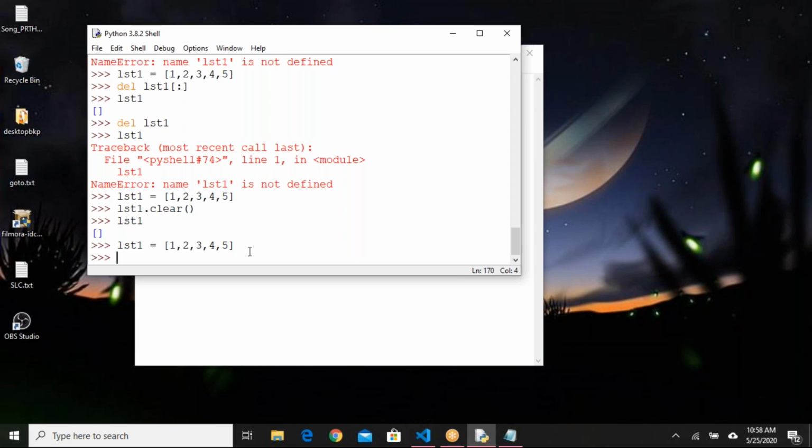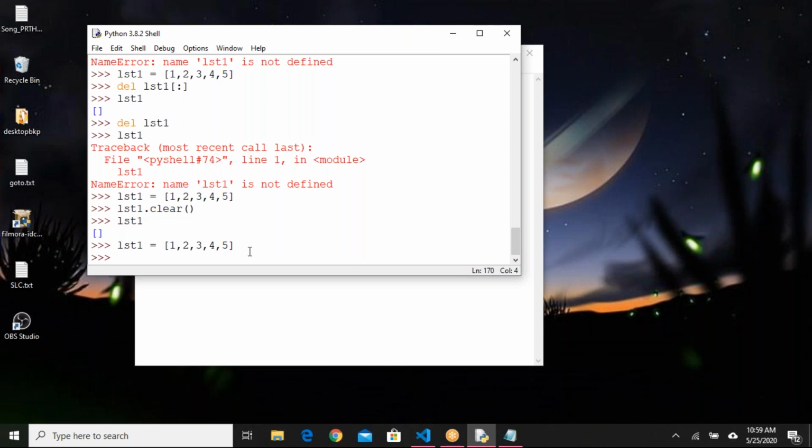So we have one more option. Del we have seen, clear we have seen. We have one more option called pop. We can use pop also to remove elements. The small difference is, while removing, if you want to use the removed element for some different operation, for example, print it, add it to some other collection, or multiply it with something, in those scenarios we use pop.